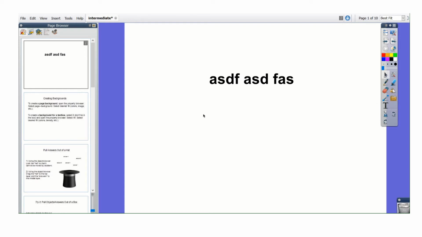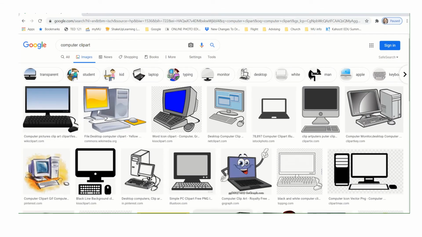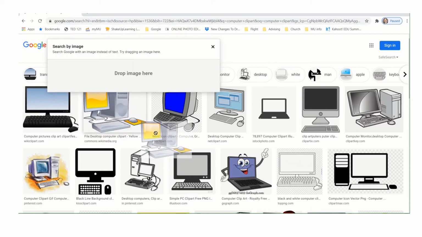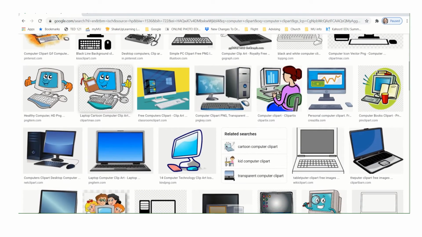Here's something that is different: graphics. If I want to insert a graphic here, I'm going to go out, in this case over to Google Images, and select something. Instead of copying and pasting, or saving it and then inserting and embedding it, all I have to do, as long as I'm in Google Chrome, so it has to be the Google product as a web browser, is click on this graphic that I see. I'm going to drag it down, which is going to go off your field of vision for a moment. I'm going to drag it down to the taskbar to the Promethean software. As soon as I touch the Promethean software,